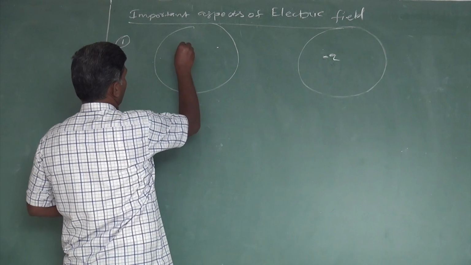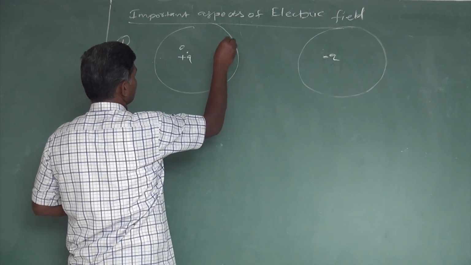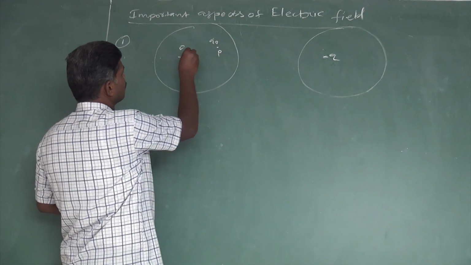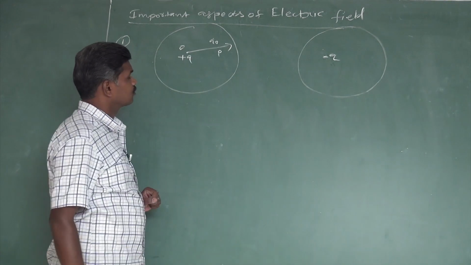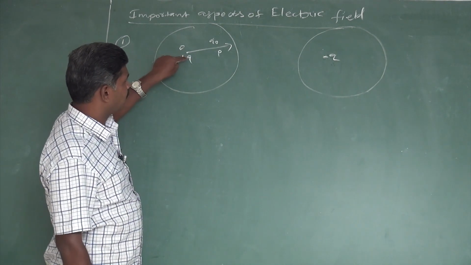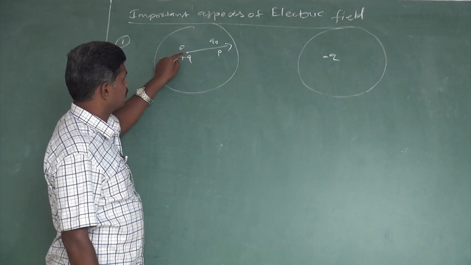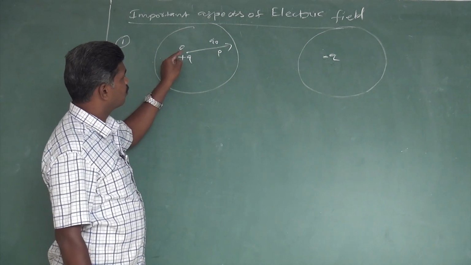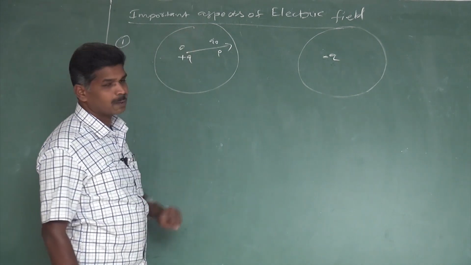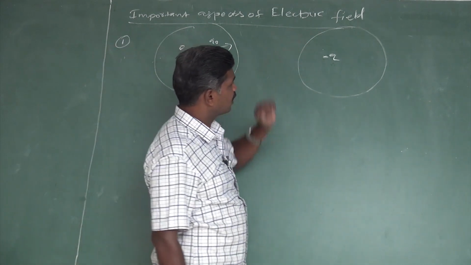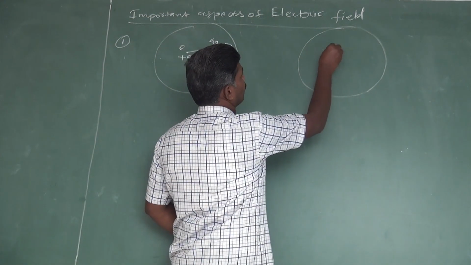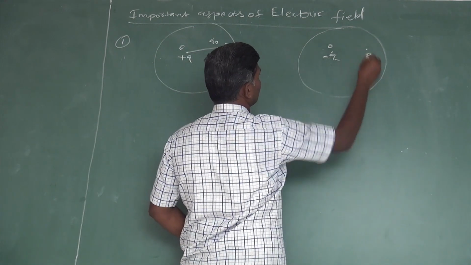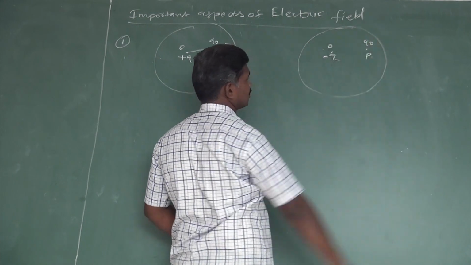Suppose our charge point is O, the test charge point is P, and Q naught can be considered as the test charge. This charge is going to act on that. So if it is a positive charge, the field is acting away, because the force is acting away. So for this charge, the field is acting away. Similarly, we take a negative charge. At that point O, we refer to another point within this charge's field. We take P and place a test charge.